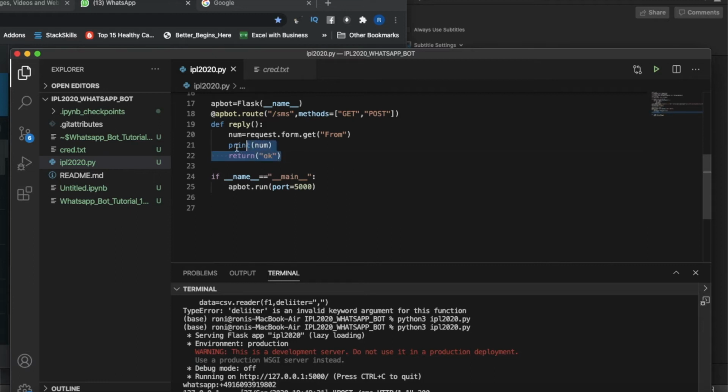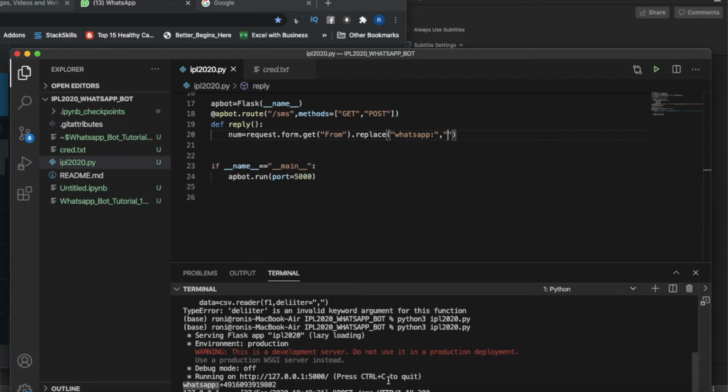So the number is this, but I need to replace this part, so it should be dot replace, WhatsApp colon, like this. So my number got replaced now.